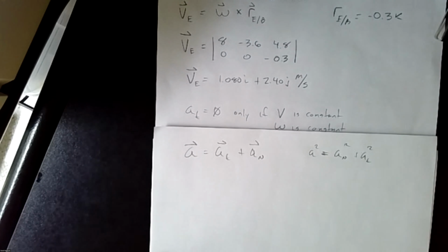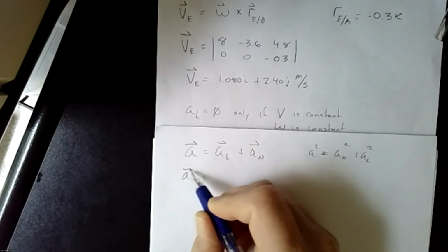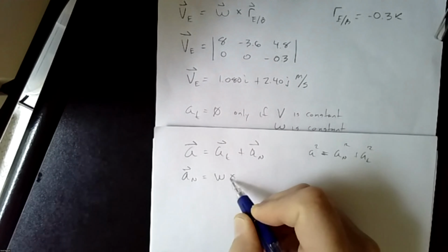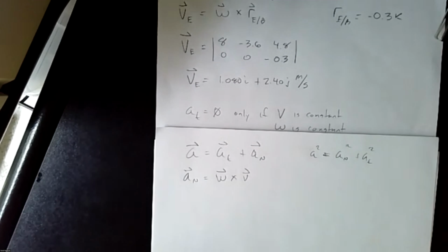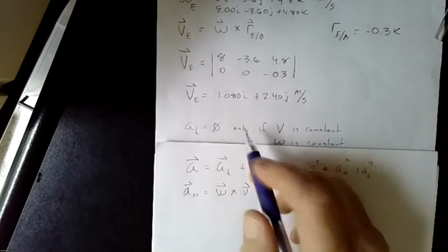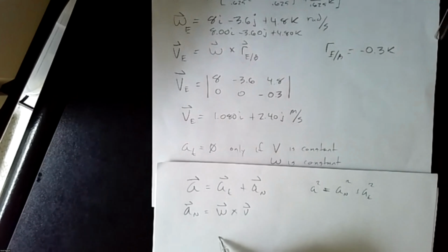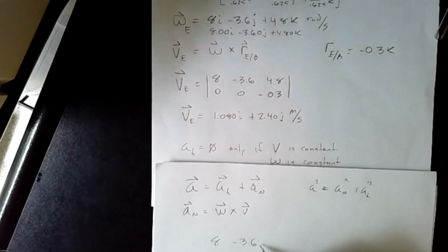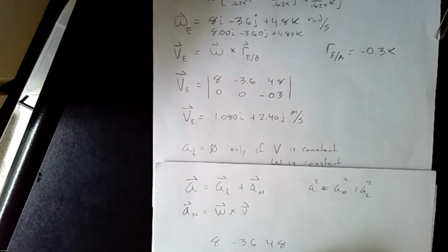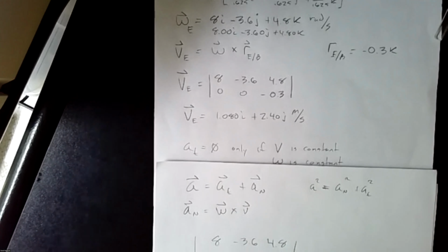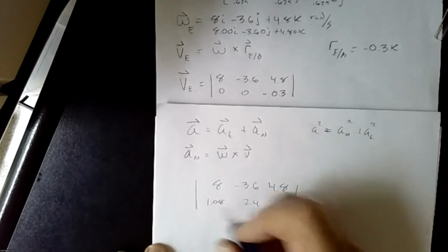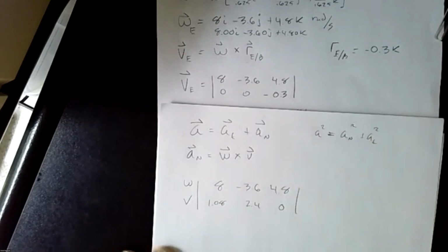So in order to get our normal acceleration, we know that's just going to be omega cross V, which we already calculated, right? We have V and we have omega. So we basically have 8, negative 3.6, 4.8, 1.08, 2.4, and 0, right? That's how we define omega and V. So if we do our cross product, we end up with